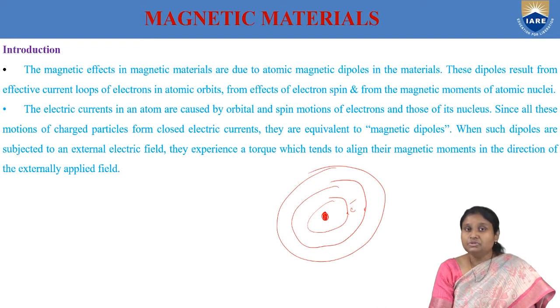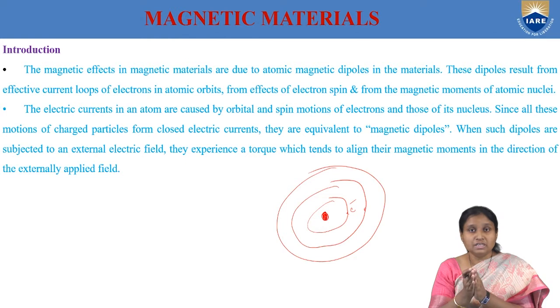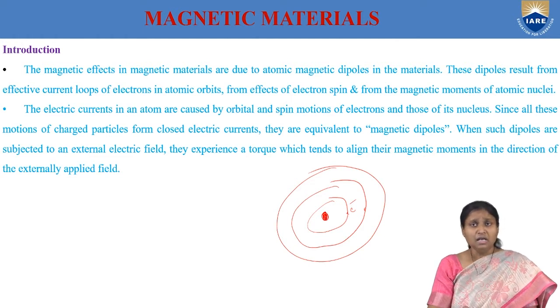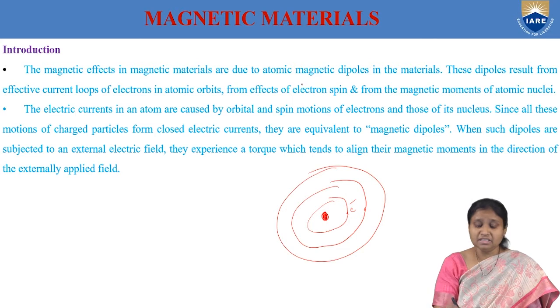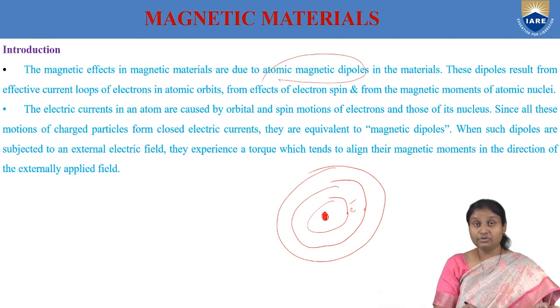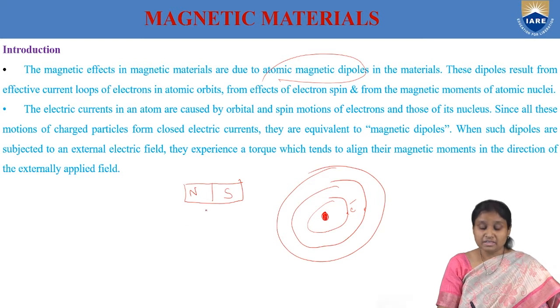Here, the contribution to magnetism comes from the orbital motion of the electron as well as the spin motion of the electron. So the concept of understanding magnetism in a material is completely different from polarization, which we discussed in dielectric materials. Magnetism in a material arises because of magnetic dipoles. And a magnetic dipole is not just merely two poles, like a bar magnet, where we have a north pole and a south pole separated by a small distance.